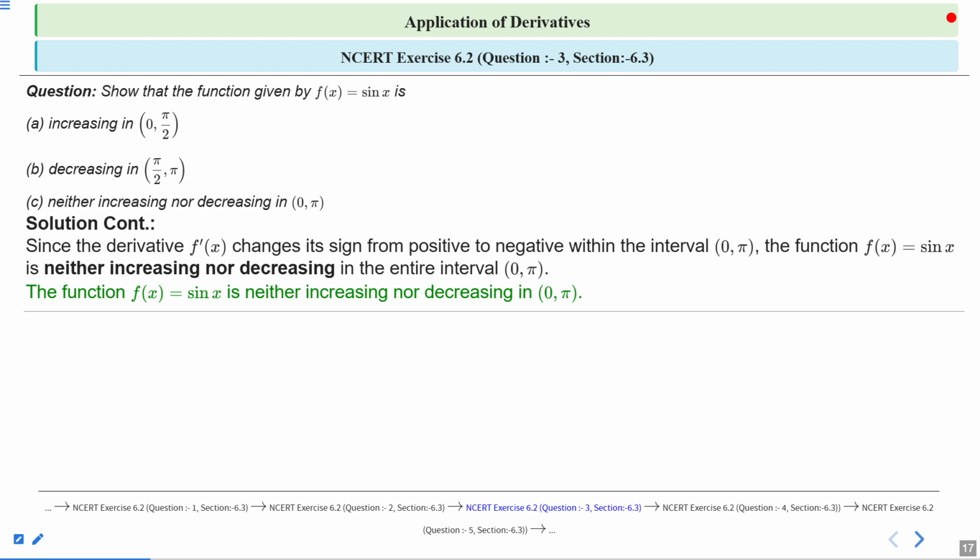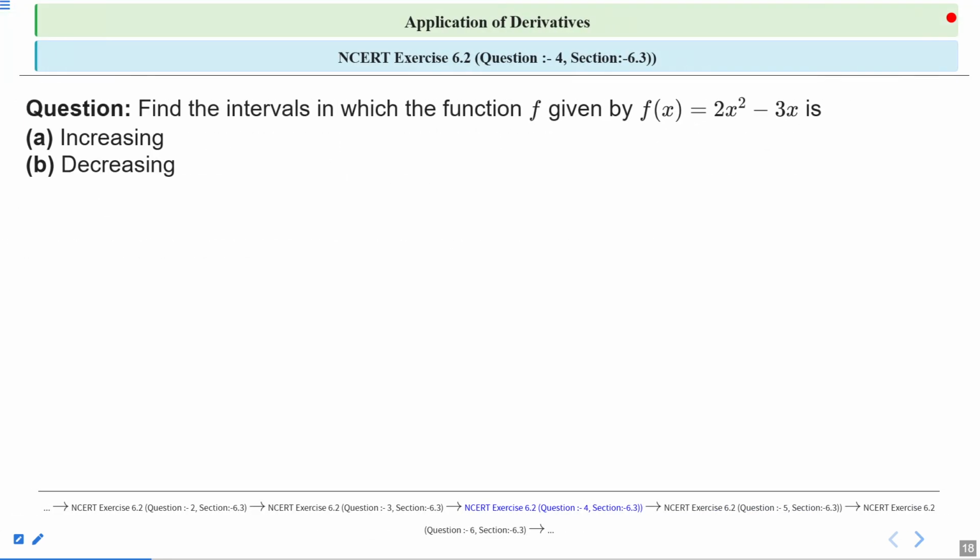Okay, so we have discussed all the three parts. Hope you understood this. Let us move to the next question, which is question number 4. Question number 4 says,